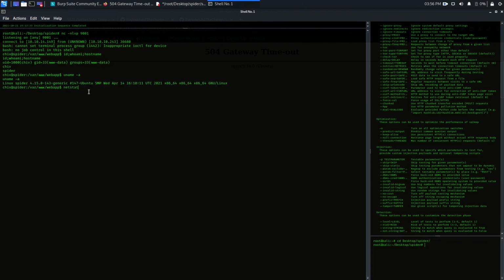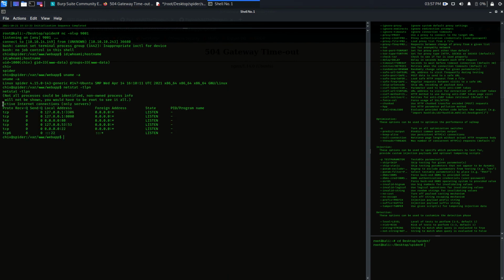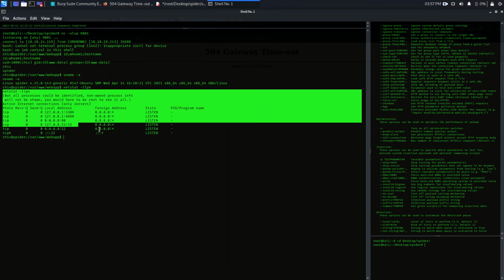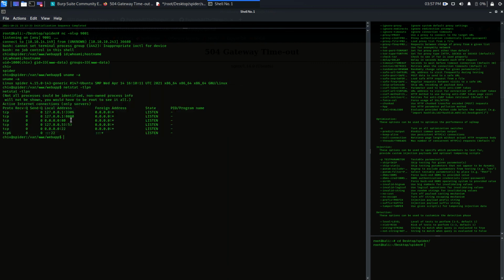Then netstat -tlpn, and this is what I got. As you can see here, port 3306 is for the MySQL service, and that service is running locally on that port. And 8080, another service running on 8080, but that service is also running locally. That's why we cannot access it and cannot scan it